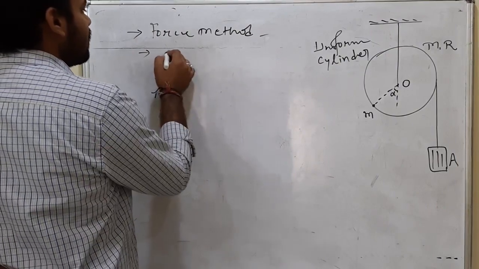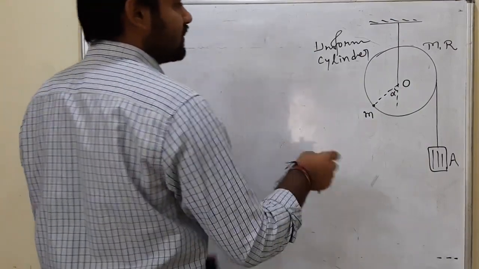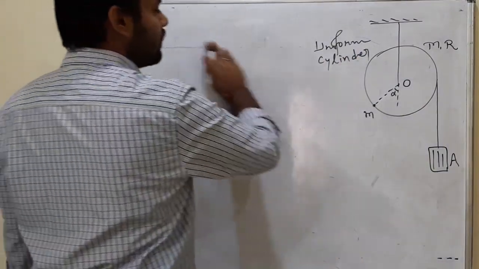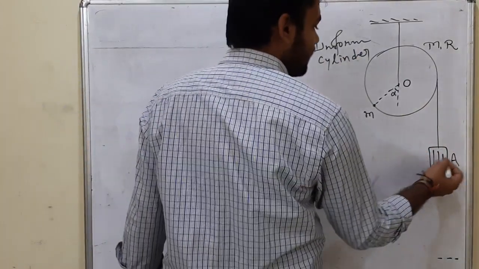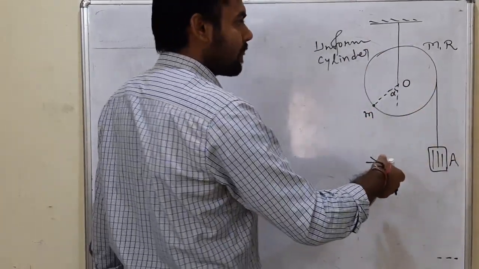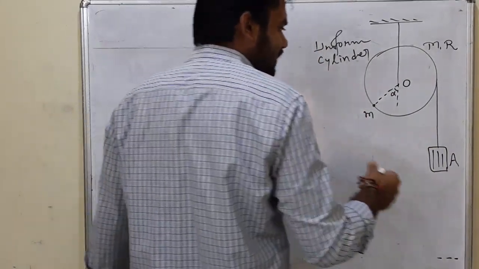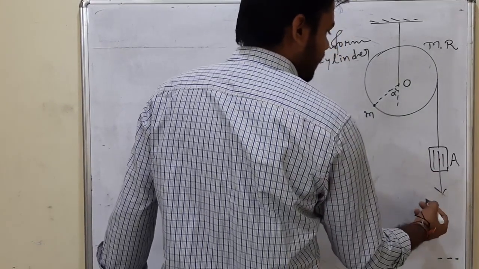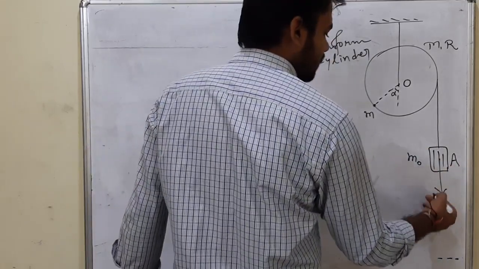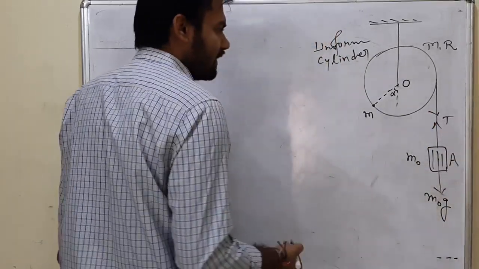The first step is, first of all we have to find the equilibrium position of the system and write the equation involved in that equilibrium position. So what is the mean position force equation? You can see this system is at rest, so we can say this is the equilibrium position of the system of our SHM. In this situation, we can make an equation like this. First of all, let me assume the mass of this weight is m0, which is not given to us. So this is m0 g, and let the tension in equilibrium be T.